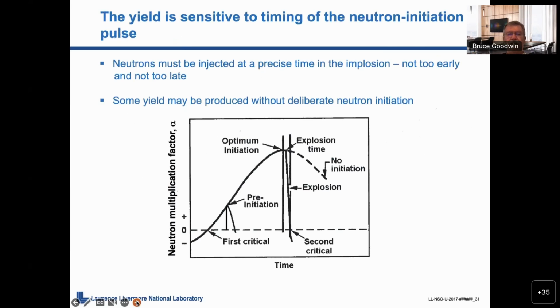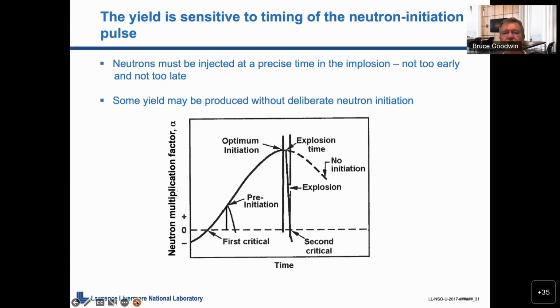So here I have a plot of neutron multiplication factor. What the hell is that? Versus time. Well, neutron multiplication factor is proportional to the number of fissions that are occurring. So at first critical, we start a chain reaction, a very slow chain reaction, a minimal chain reaction. As we force those atoms closer and closer together, the rate of fissioning increases, which is what the increase in